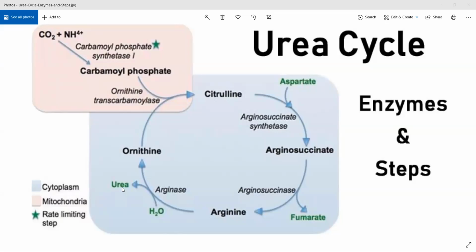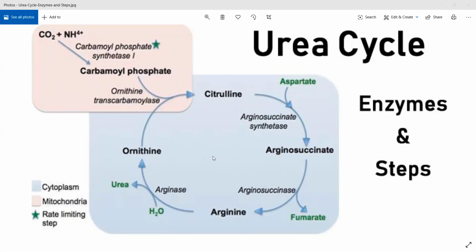I'll repeat once again. The first step is the formation of carbamyl phosphate from carbon dioxide and ammonium using carbamyl phosphate synthetase. You are combining them and synthesizing carbamyl phosphate. I showed you the structure of what carbamyl phosphate looks like. Carbamyl phosphate combines with ornithine. Ornithine is a compound that freely moves into the mitochondria and cytosol. What is happening in the blue box is in the cytoplasm, or the cytosol. Ornithine is able to come out and go into your mitochondria.